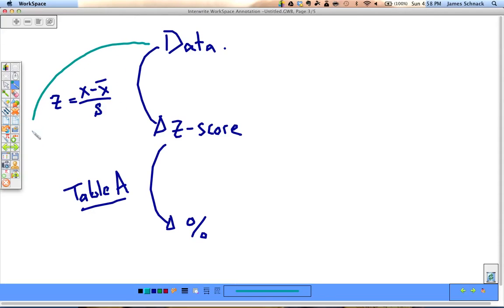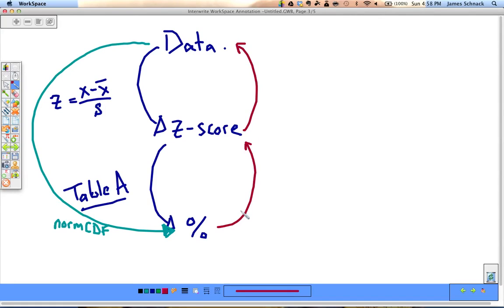we can make one big jump like that with norm CDF in the TI Inspire calculator. Other problems ask us to go the other way. We start with a percentage, and we want to change that into a z-score so that we can change it back into actual data. So what we're using is table A again, but this time we're starting in the middle